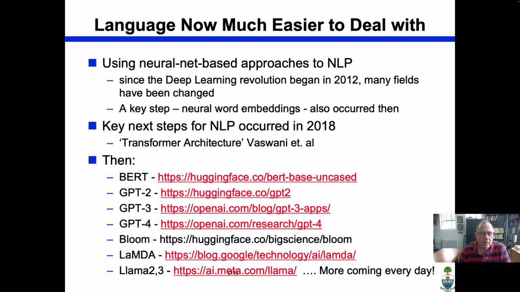And that unlocked a flood of invention, starting with something called BERT from Google, the GPT series of models, GPT-1, 2, 3, and 4, and now 4.0, and then some, all kinds of other ones, one called Bloom, one called LaMDA, it's a little bit old. There's Llama from Meta. There are more coming every day that are gaining in capability, reducing size and cost. It's just incredible.